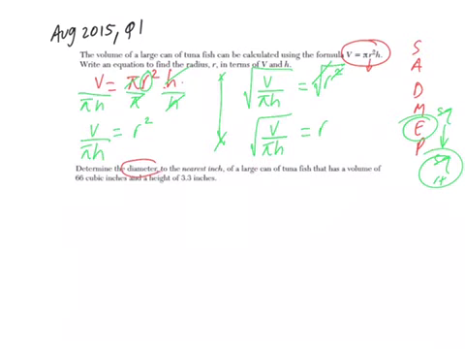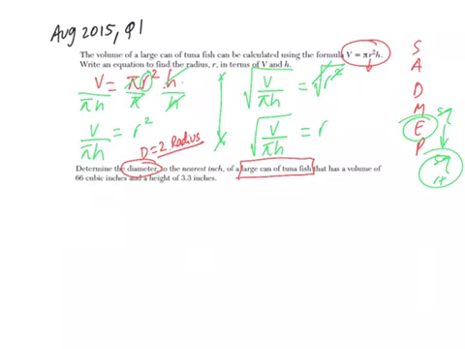Determine the diameter. So remember, the diameter is 2 times the radius. That's important. So we want to find out the diameter of a large can of tuna fish. You probably have eaten tuna fish or you've opened a can at some point. So you'll see that it's a cylindrical can. It might not be important to you, but to a manufacturer, how much quantity is going in that can, what's the diameter, what's the radius, what's the height. Those are essential attributes